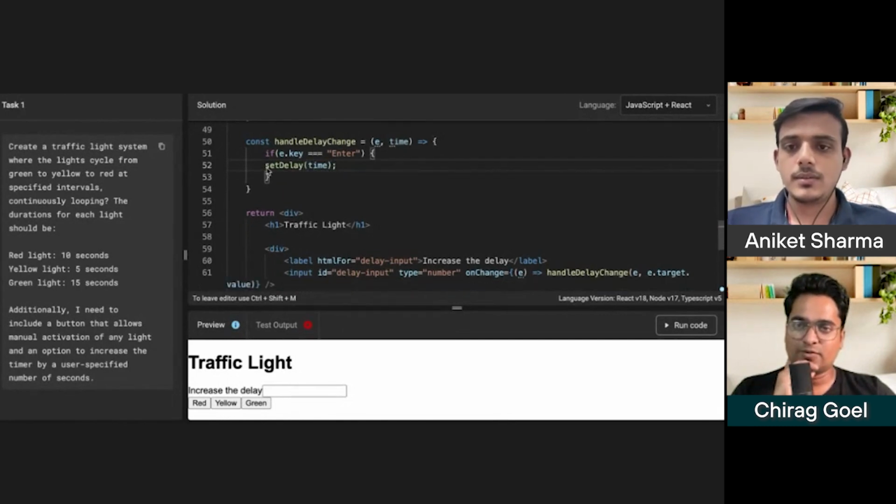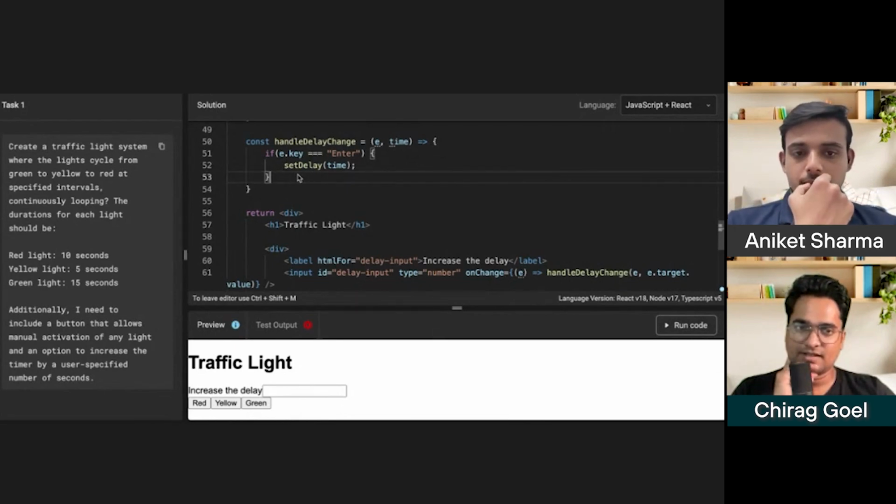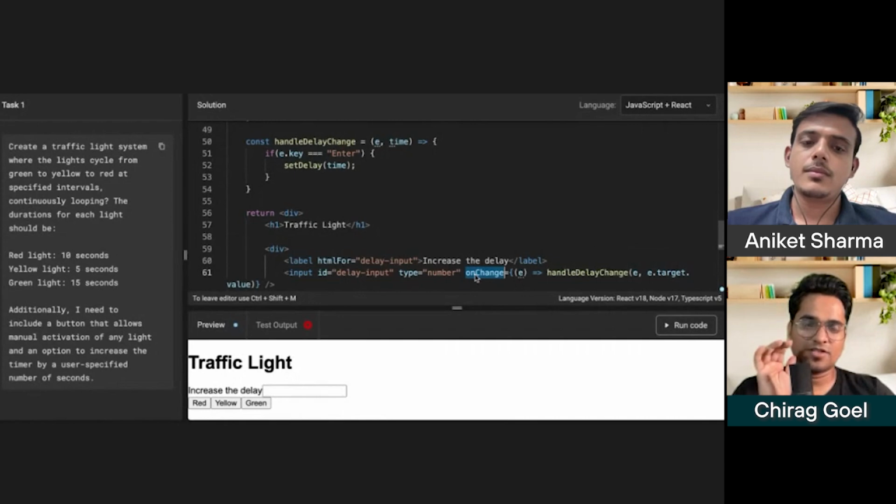Do you want it to run on key change, on change? What's the difference between on change and on key down or up?